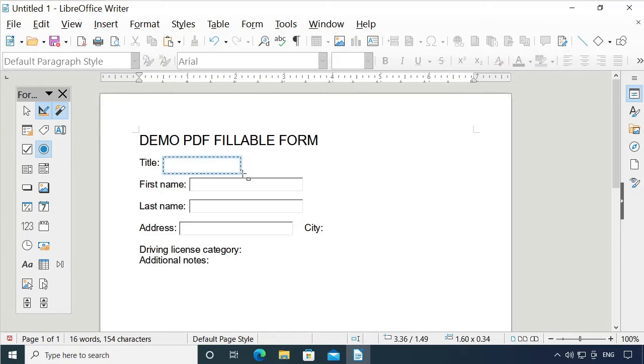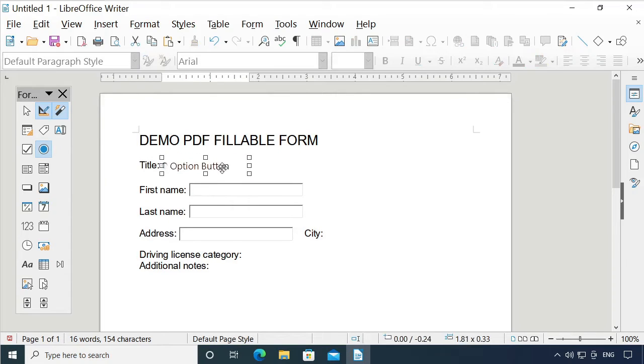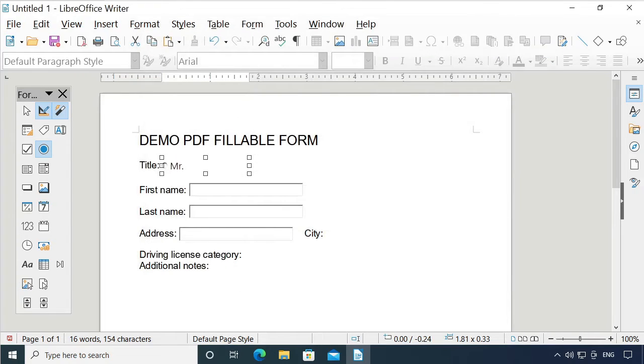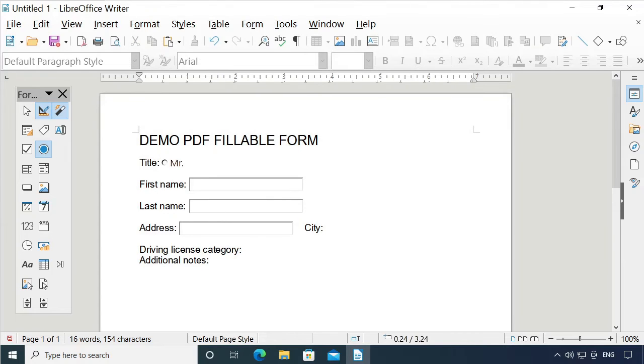To see option button properties, double-click it, and into the label field, enter text that will be displayed just next to the option button. Double-click here,